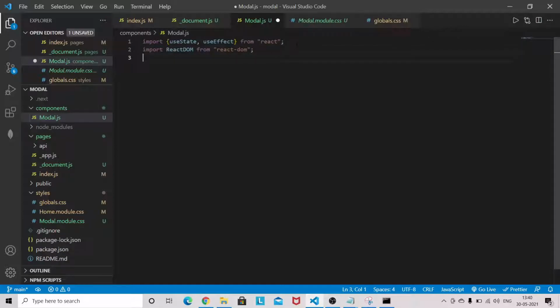It comes by default in Next.js when you set up the project using npx create-next-app. Then I will import the styling file, which is from the Modal CSS file, because that is the file name of the CSS. Now export default function Modal.